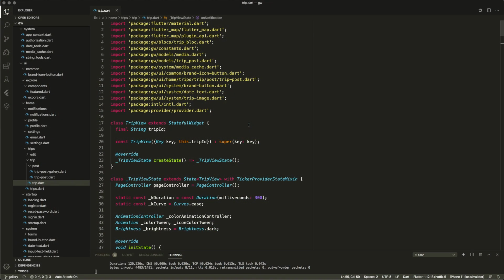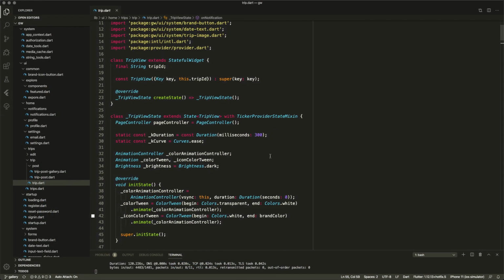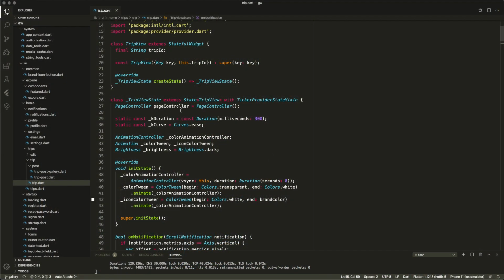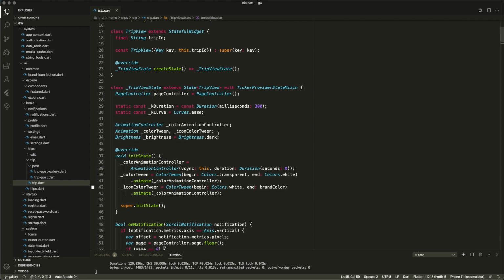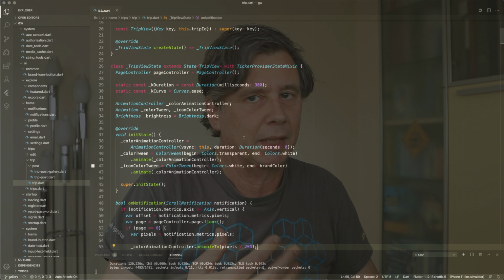Here we see the trip view, and the trip view is the widget that shows the trip. The first thing I had to do here is to make it a stateful widget, because I need to keep track of the scroll position in order to do the animation, so I needed to maintain state. So I could give it a page controller, some variables for the animation, and I needed to create an animation controller, some colors, animation aspects to make sure that I could transition the color of the Appbar plus the transition